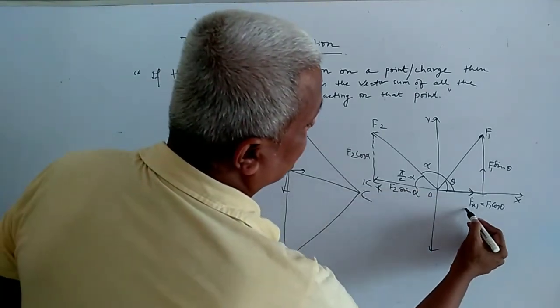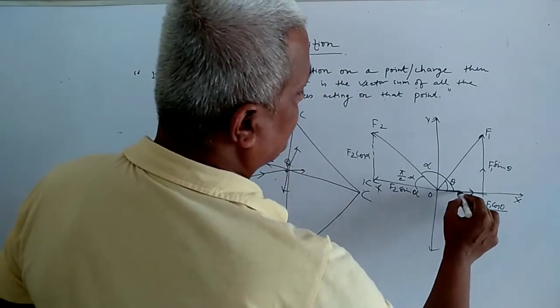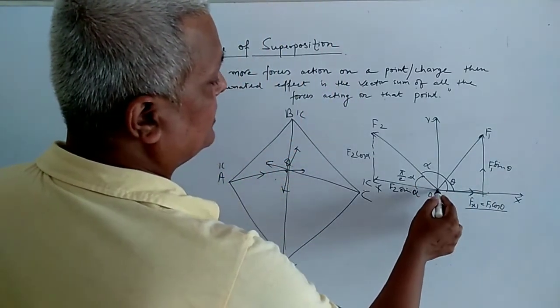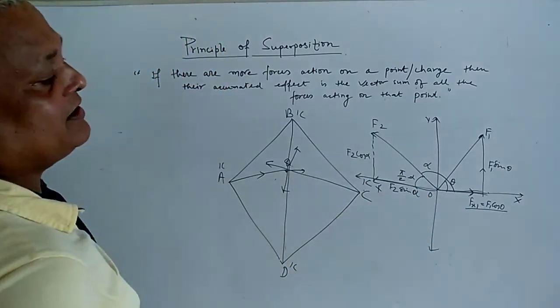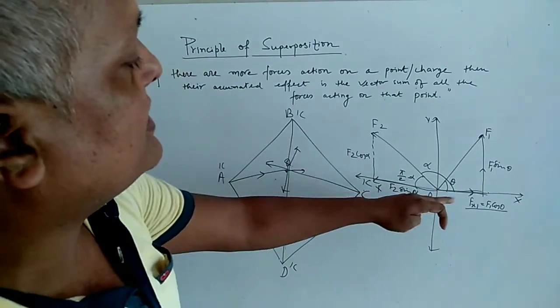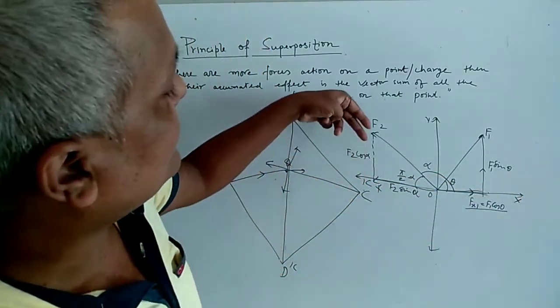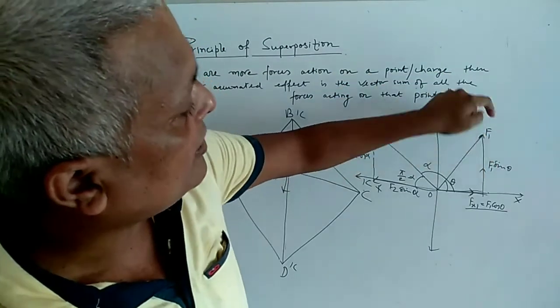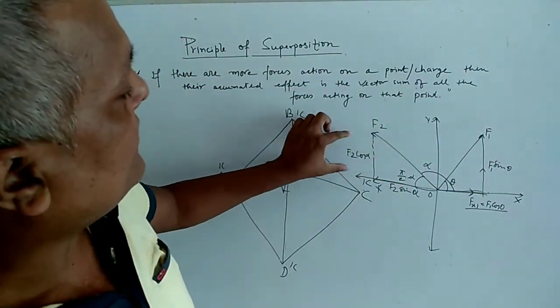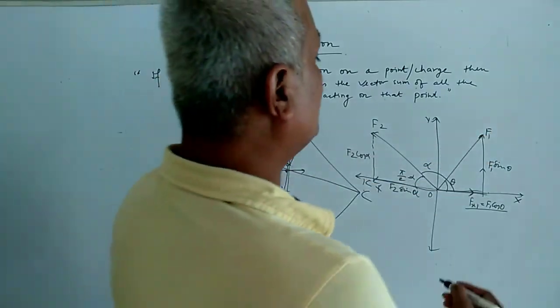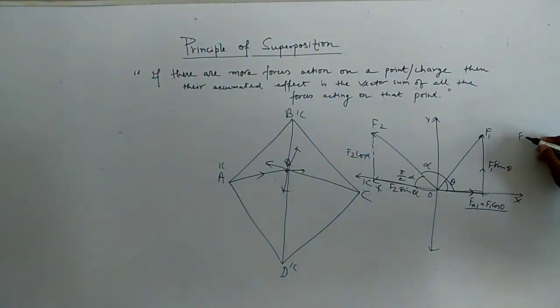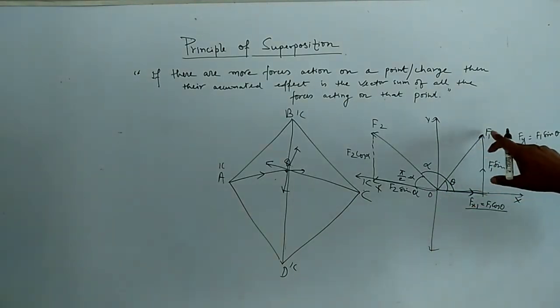Now just see, this force's horizontal component is acting in this direction, and the other force's horizontal component is acting in the opposite direction. So the resultant of these two will act in the direction of whichever is greater. Both forces are going upward, so F2 cos alpha and F1 sine theta will be the total vertical component. That is, Fy is F1 sine theta plus F2 cos alpha, both going upward. And the horizontal component of this is what?